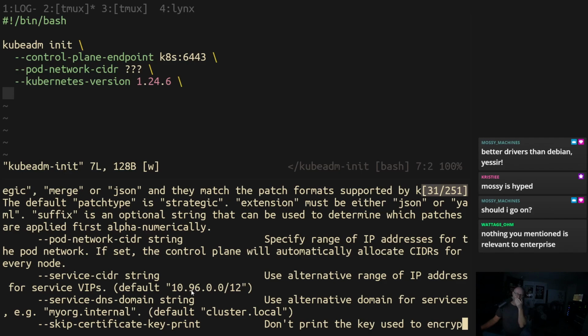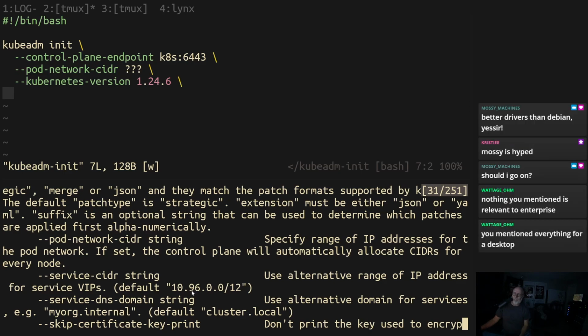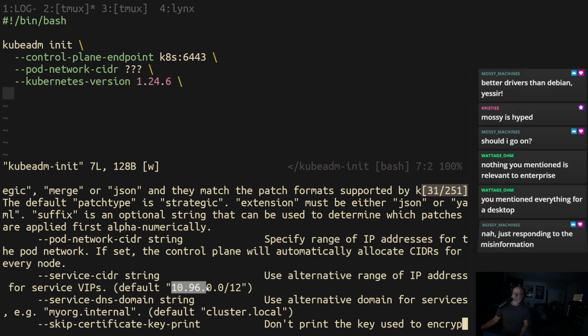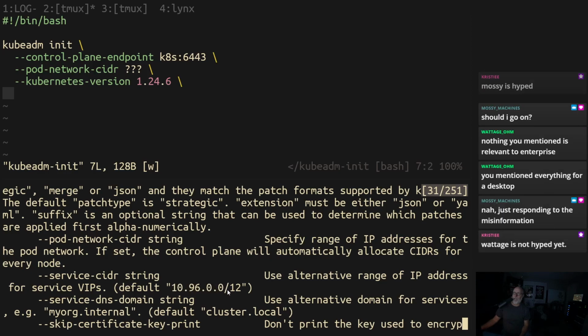These 10.x addresses never touch your network though. Yeah. 10.96.0.0